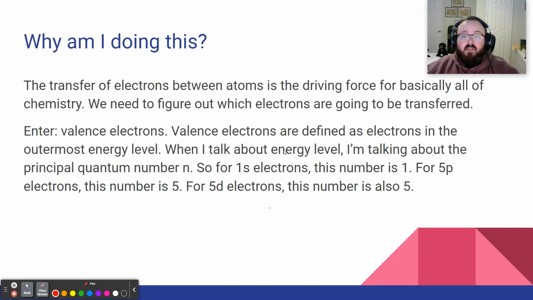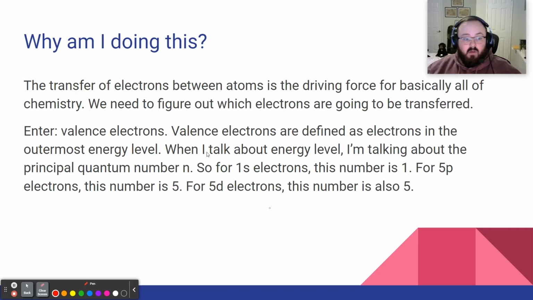So why am I doing this? Why am I revisiting this and really making a big deal out of this? The transfer of electrons between atoms is the driving force for most of chemistry. Electrons are super important, really important. We need to figure out which electrons are going to be transferred, how many, and why they are being transferred. That's going to tell us why certain reactions are happening, like why the sodium and the chlorine come together to